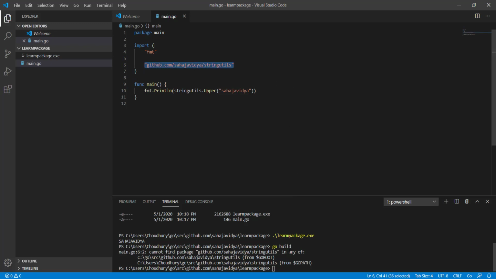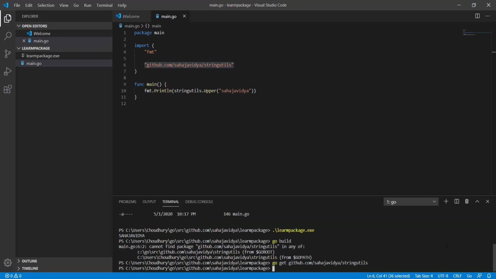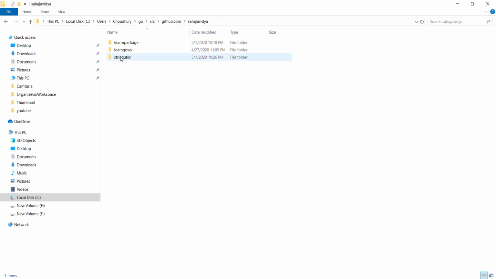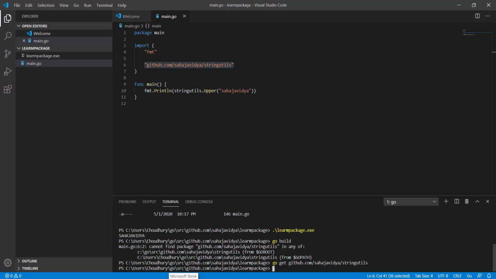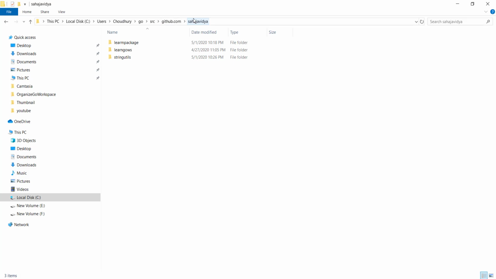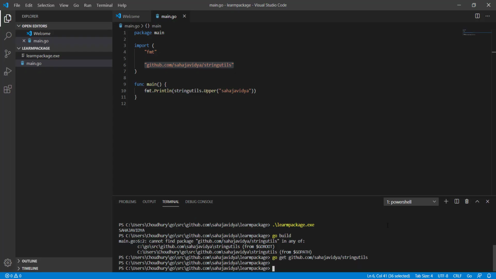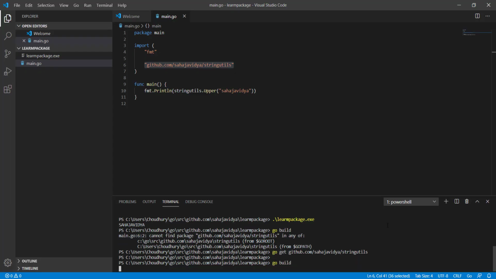For that, Go provides the go get command. You do not need to provide an HTTP path or SSH path. Directly you can provide the import path. It will download the package into our Go path. We deleted this stringutil, but after go get, it downloaded back to the Go path. So now if I try to compile it, it should build.